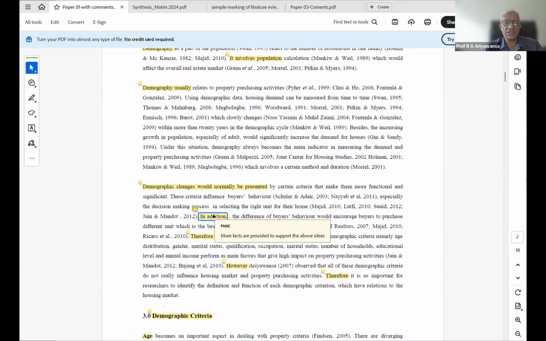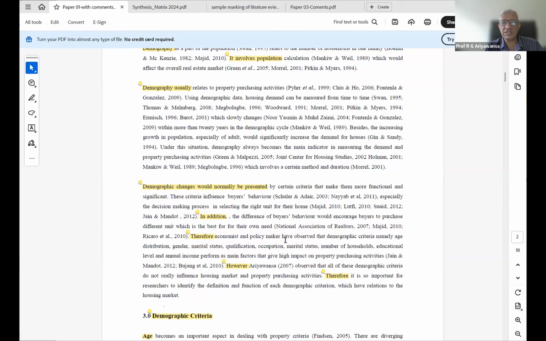So in addition, further, he is developing his statement further and further. Therefore, why is he talking about "therefore"? Up to now, he has been providing this point, and providing a further point, and providing additional points. So they are developing some arguments. And based on the argument, now the researcher is stating "therefore," based on this development, therefore,